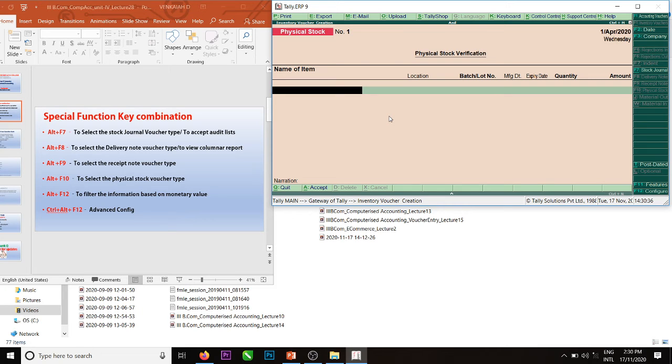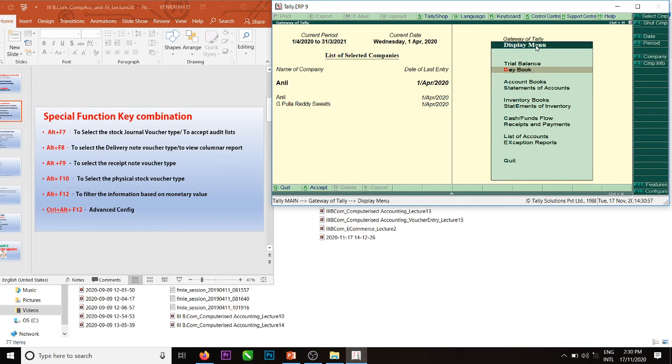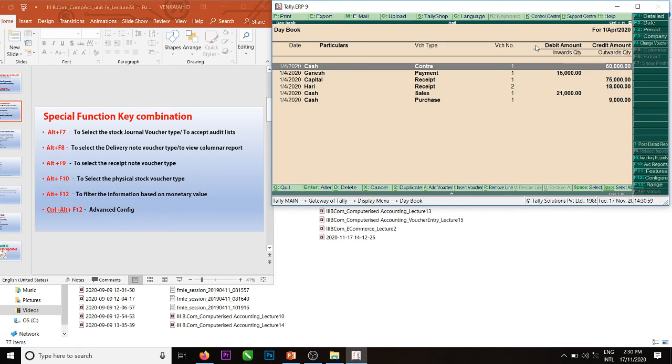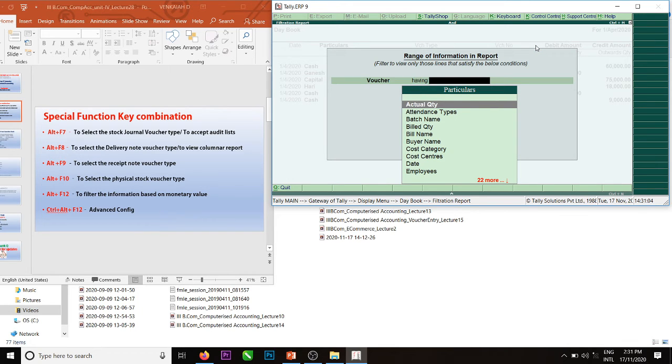Alt F12, we'll open this one. Okay. Alt F10, back. Gateway of Tally, Alt F12. Open any report, display, day book. Alt F12. Right, voucher.